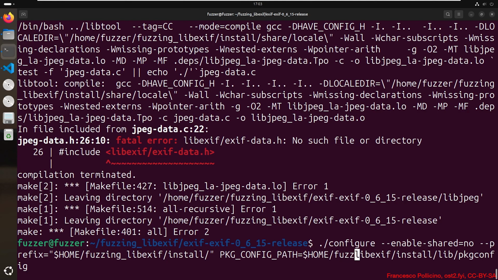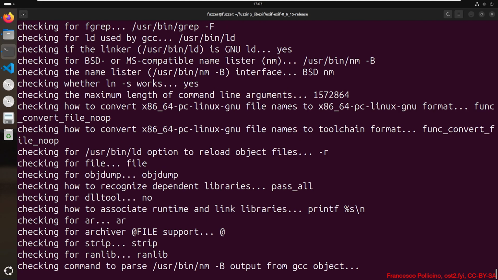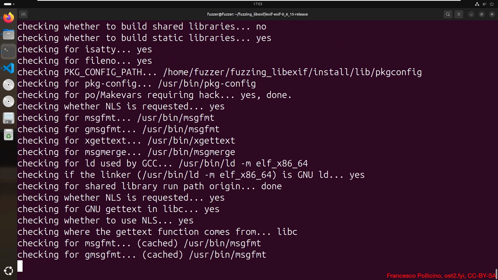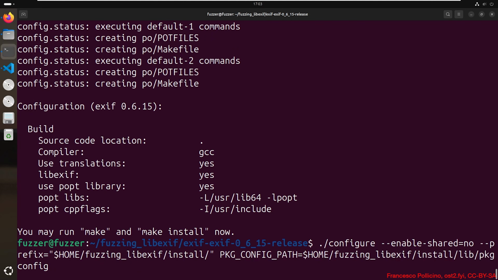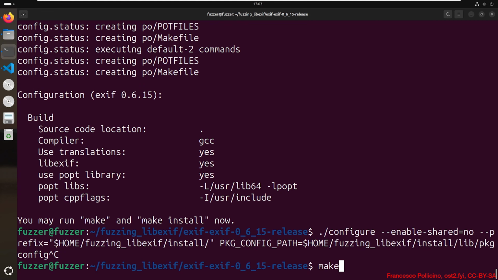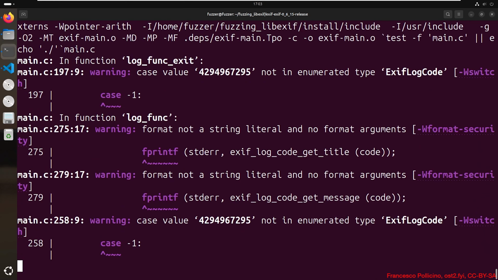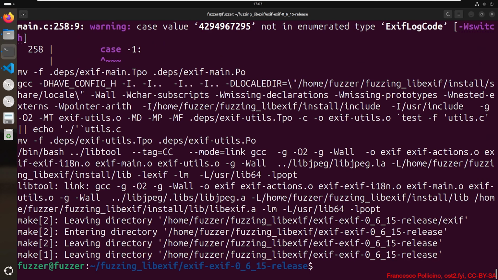Okay, yes, this is the error. I wrote the wrong path. Make. And this time it should work. Yes. Make install.